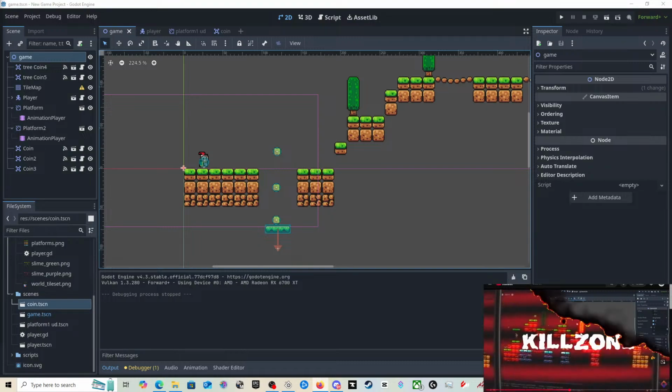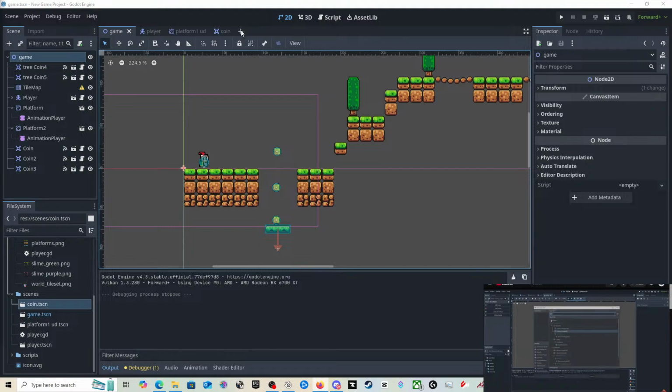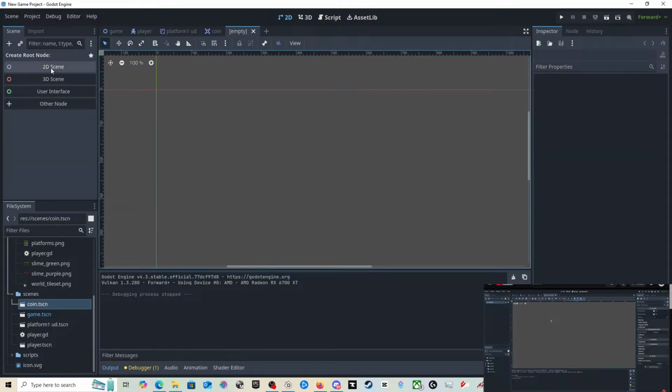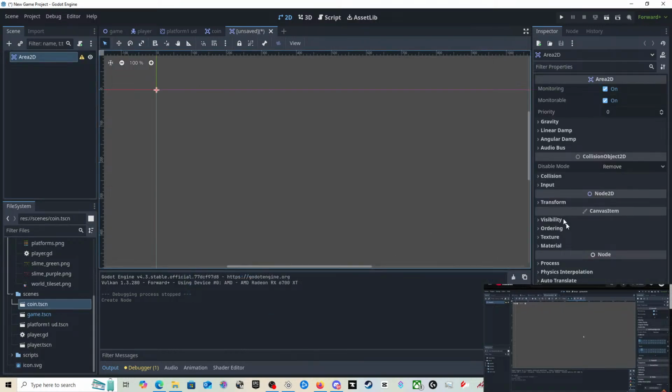We need to create a kill zone. I'll show you a really cool way to do this that allows us to reuse the same kill zone for more than just falling off the map, such as for spike traps, enemies, all kinds of elements of danger. And when we want to create a reusable element, we start by making a scene. Then to detect if we enter an area, we again use the Area2D node, and let's make sure to set the collision mask here to 2. We only want to check for the player, which is on layer 2.